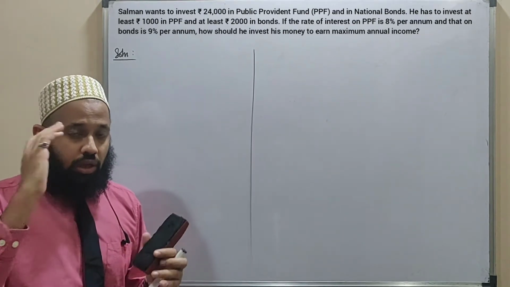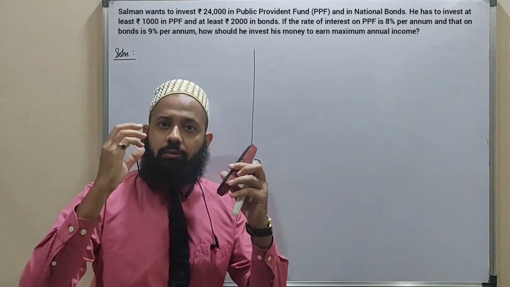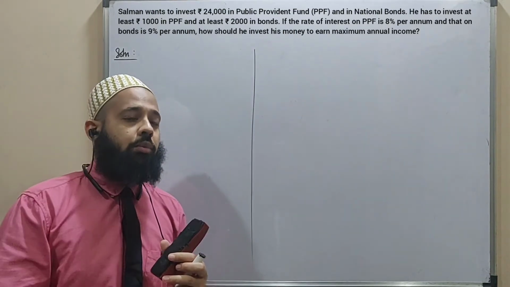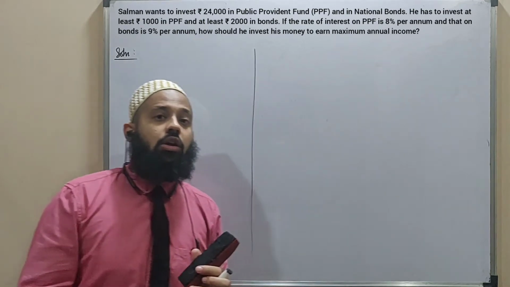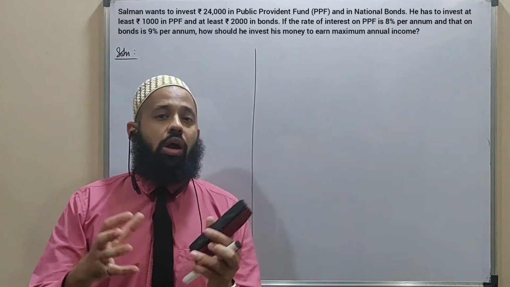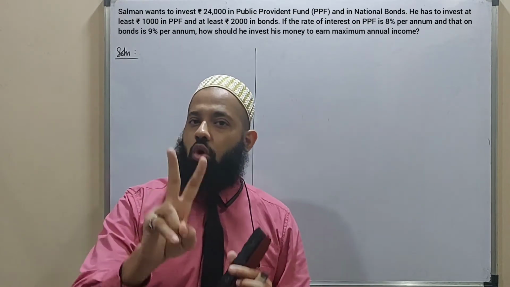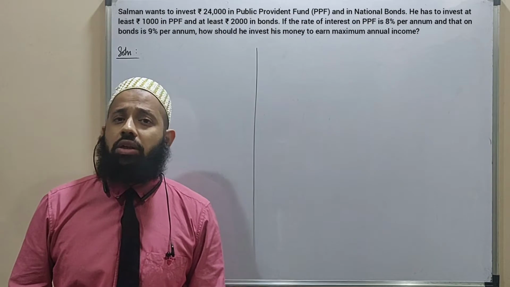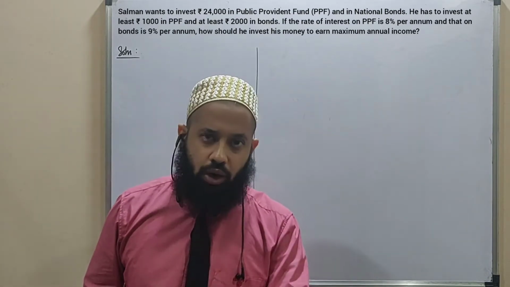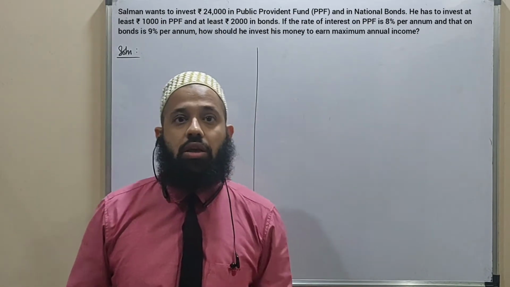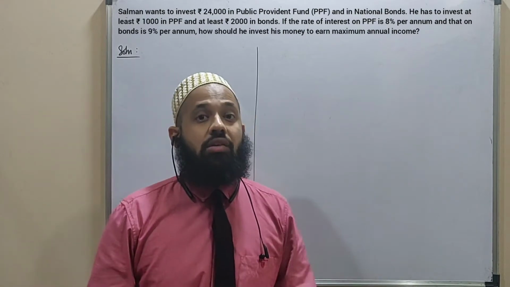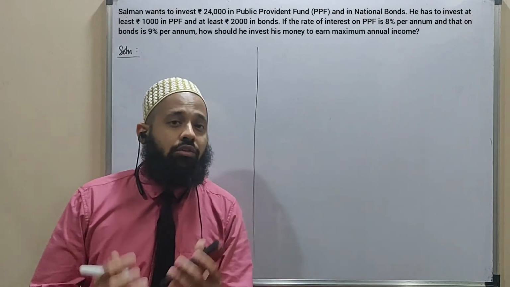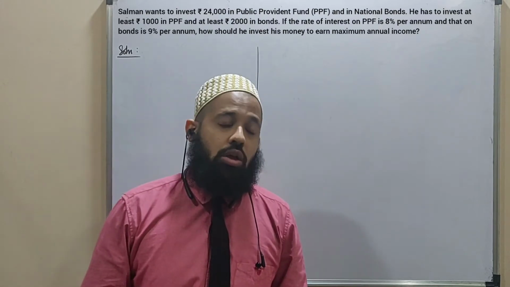Okay, so now for this problem you have to think as if you are the person who's doing this investment, right? So imagine you are Salman and you have 24,000 right now to invest. You are having two options, right? So I have 24,000 and I have to divide it into two parts. So ideally I will take one of them as X and the other one will be Y. Now based on certain conditions, which scheme will be profitable, are there some limitations on the schemes? Based on all of this, I will be able to determine which amount should go where.